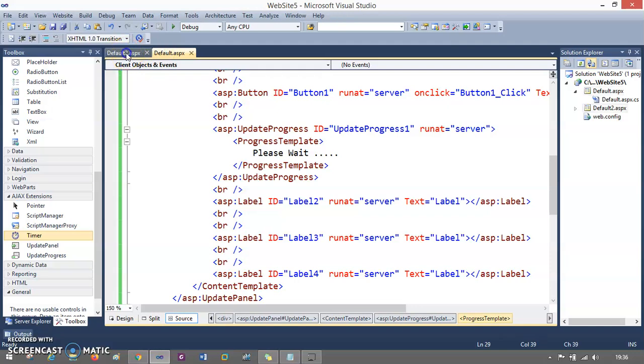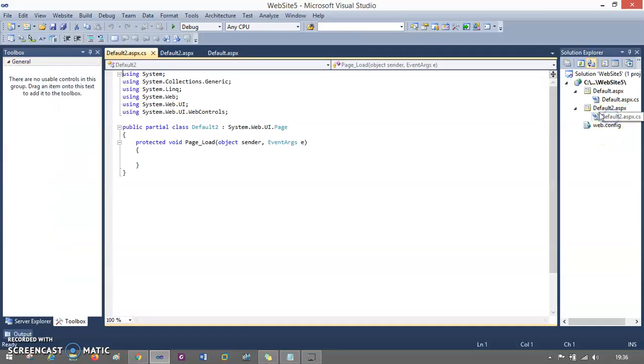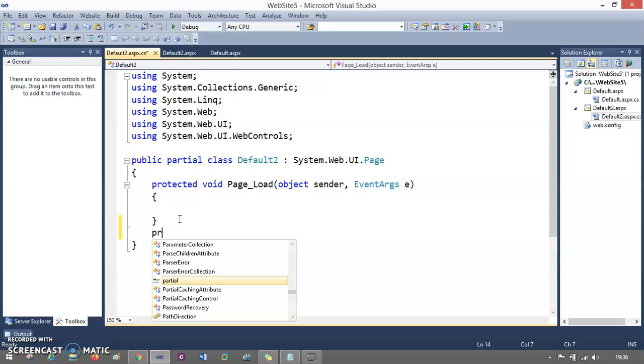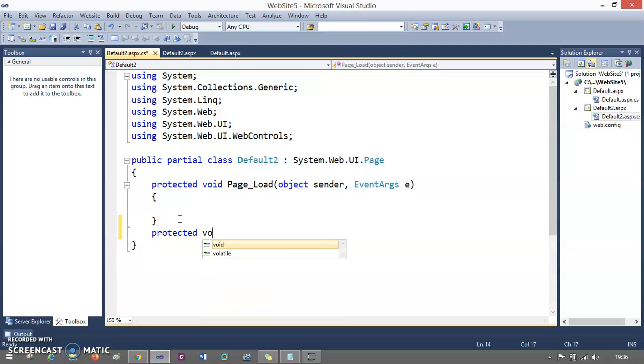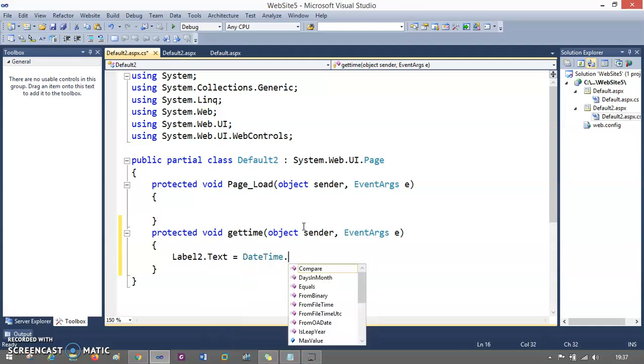So this is the label, and now I go to default.aspx.cs and just code inside the method that you had created. So you have to create a method here. So you will say protected void get time, and the same thing that is written over here, and inside that you just show label 2 dot text and say datetime dot now dot to string, by the way,